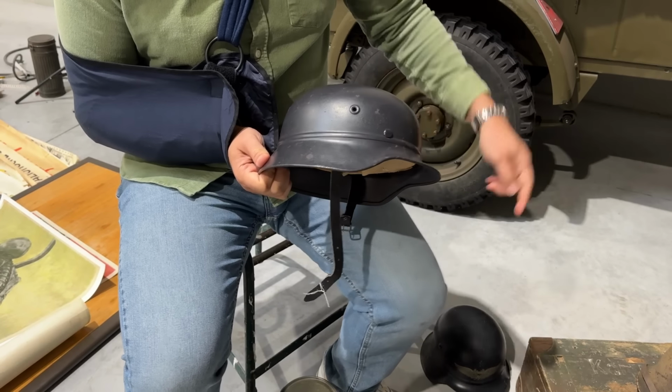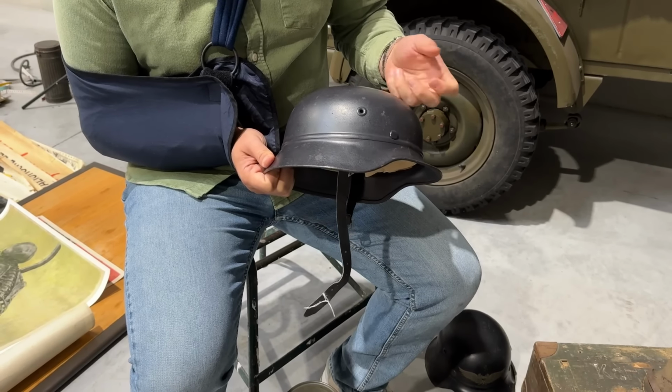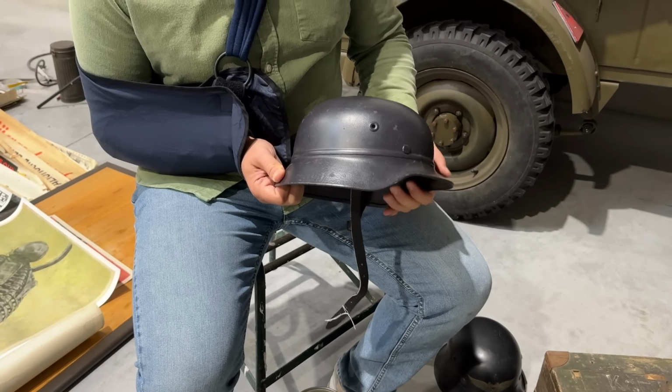rim in the helmet, the other one shows the same, was actually because these helmets were made for combat use, but they were not approved because the steel was not strong enough after a series of tests, and that's why they were given this rim. And like this, with this rim, you would know the helmet could only be used for civil use and not